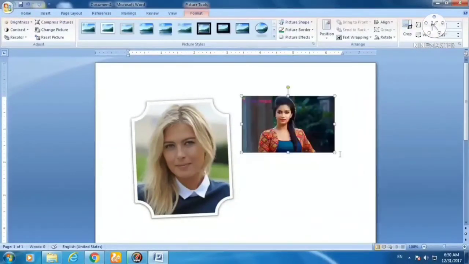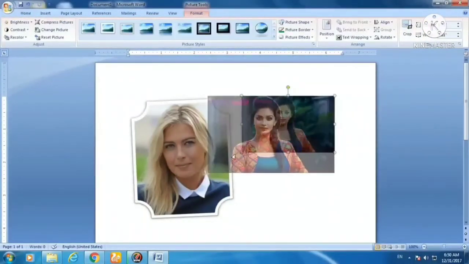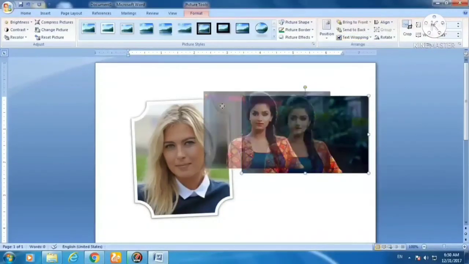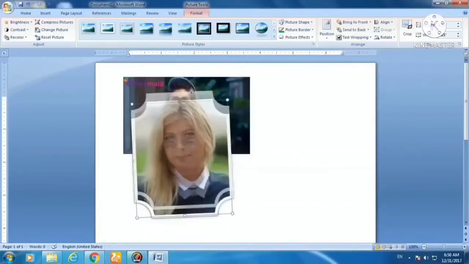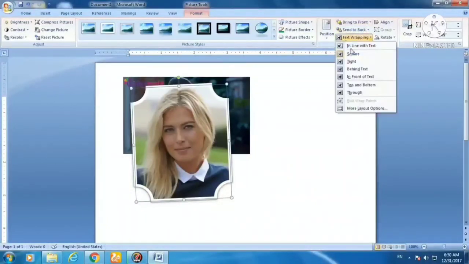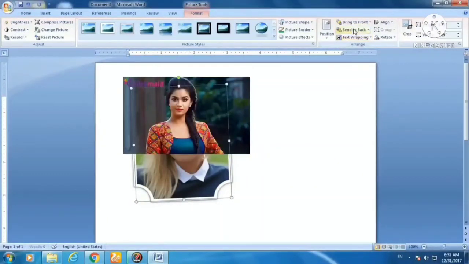So 2, 3, as many pictures as you want you can insert in your document. Not only one, more than one picture you can insert, or you can adjust the pictures like that. See here, set background: if you want one picture to come at the background of another picture, you can do this also.